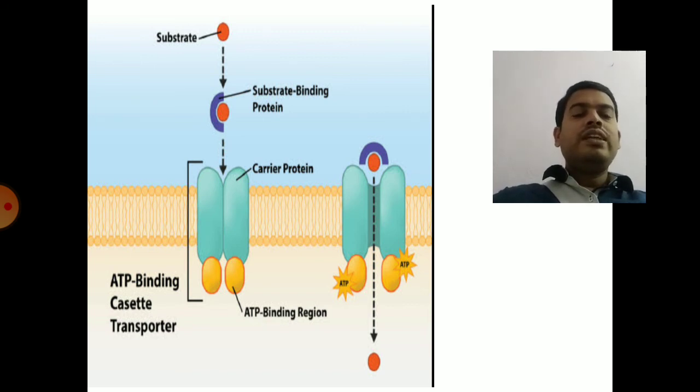How they show resistance is that they contain a large amount of ABC transporters. When these antibiotics enter the cells by passive diffusion or simple diffusion, these ABC transporters, with the help of ATP utilization, will efflux these antibiotics from inside the cell to outside, so that the antibiotic action will be nullified on the bacterial cells. So this is how the bacterial cells become resistant to the antibiotics and efflux the antibiotics with the help of ABC transport systems. This is a best example of an active transport system.